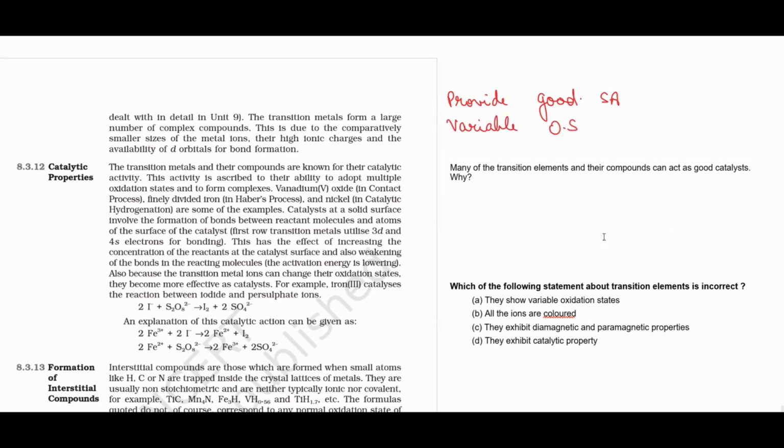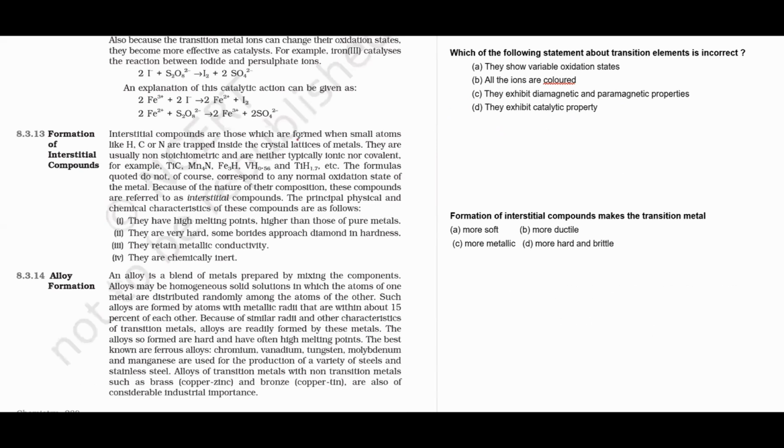Formation of interstitial compounds. Why? Because some small atoms like hydrogen, carbon, nitrogen, etc. can get trapped within their crystal lattices. This is the reason why they form interstitial compounds. What is the nature of these interstitial compounds? These are non-stoichiometric, neither typically ionic nor covalent, and their properties can change as a result of